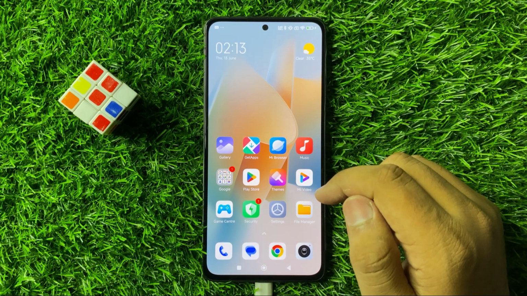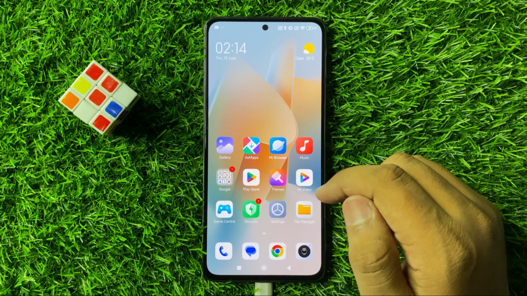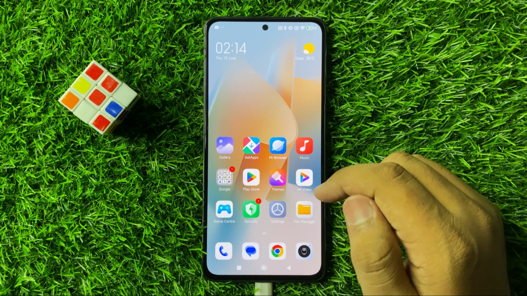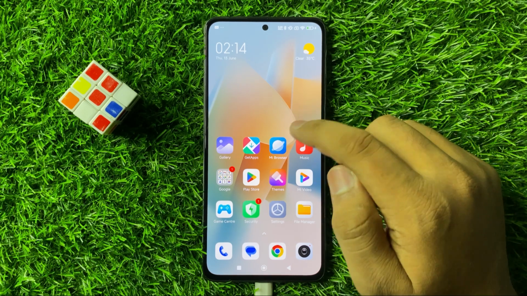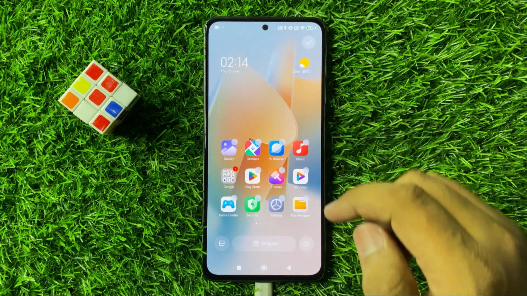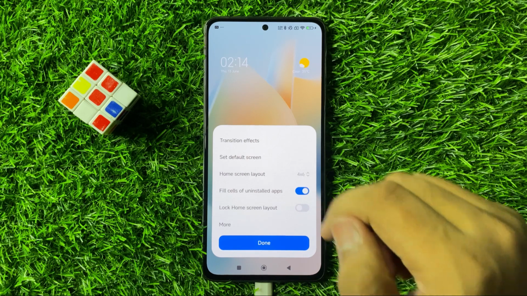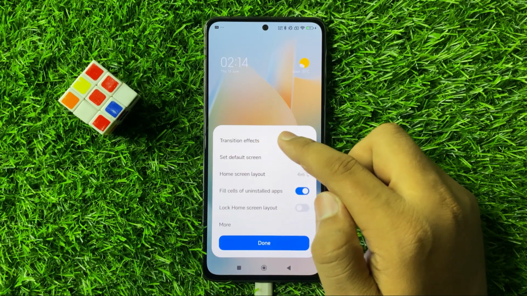In this video I will show you how to change the transition animation on Redmi Note 13R. So first of all, press and hold on an empty space on your home screen and then click on the settings icon. Now from here click on transition effects,